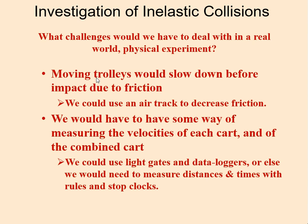And what other challenges would we have to deal with? Well, one of the main ones would be that we'd have to have some way of measuring the velocities of each cart and the velocity of the combined cart as well. Now, to do this, we could use light gates and data loggers, where the computer measures and records the velocities automatically, or else we'd have to do it manually, and this would be quite difficult, and we'd have to